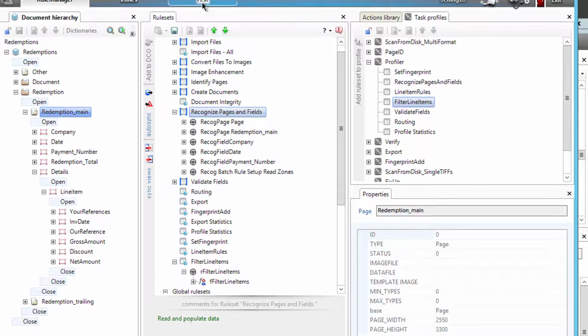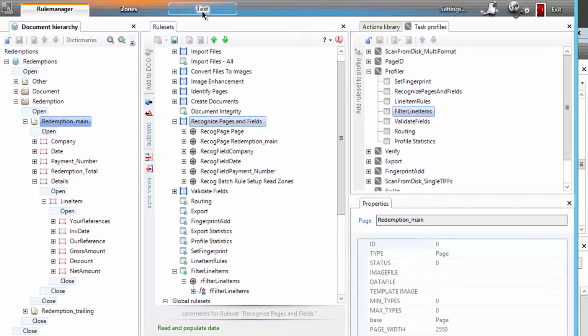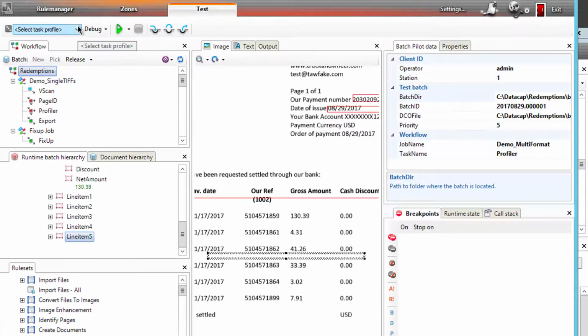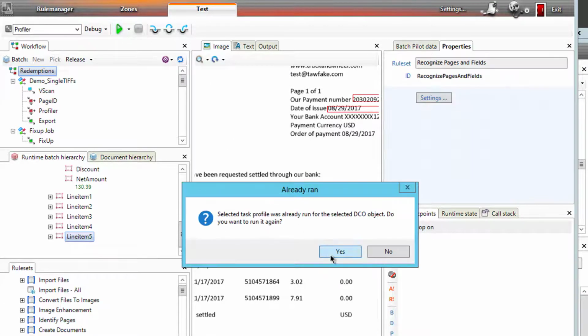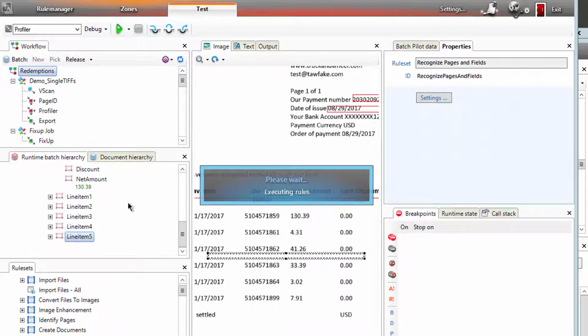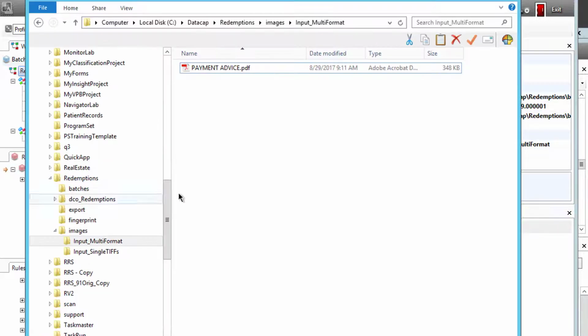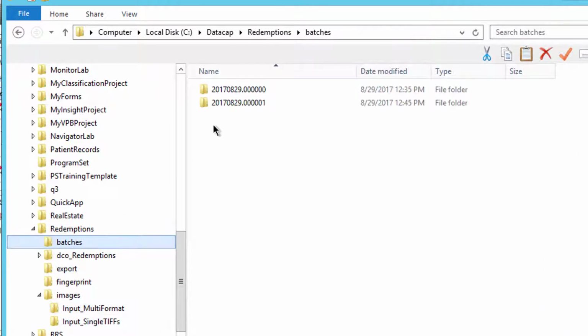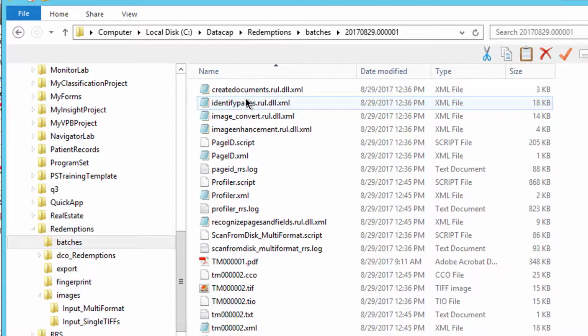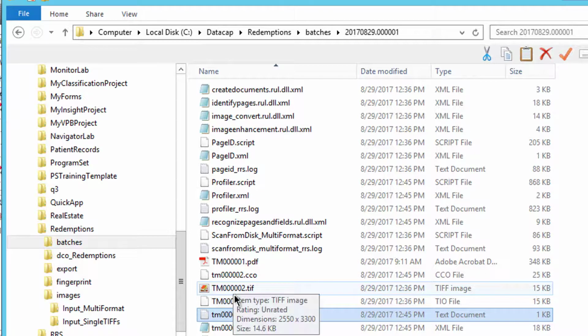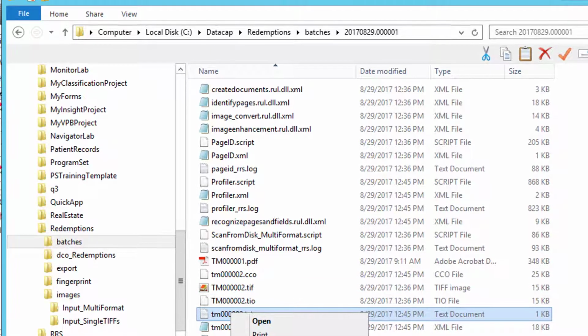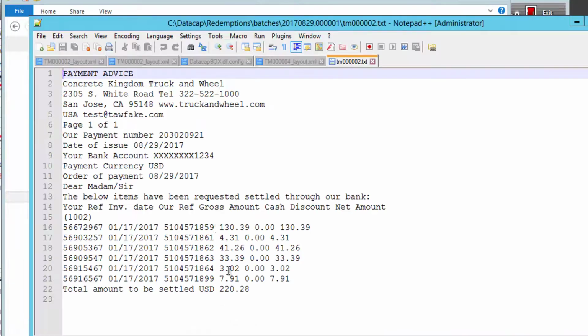So the next step is I'm going to go back through and do my test again, and I'm going to just run Profiler one more time. I'm going to say yes, and I'm really just trying to get it to generate this text file. I'm going to show you this text file next. So I'm going to say keep running, and I'm going to go into my redemptions, into my batches. I got through this application with only 2 batches. That's crazy. There is this text file now, tm002.txt. This is all the text that came out with the OCR engine, and I'm going to open those up,